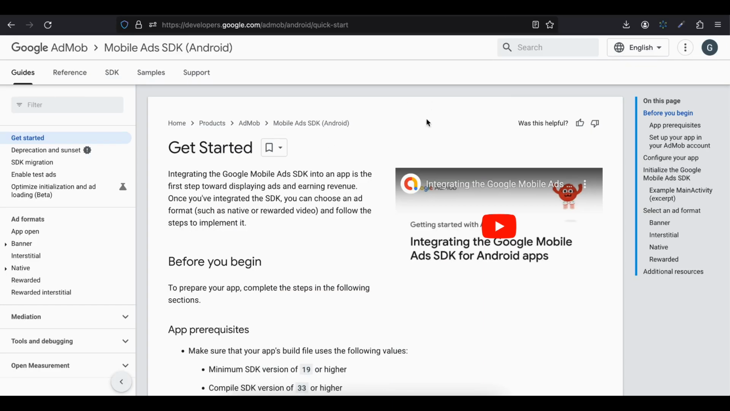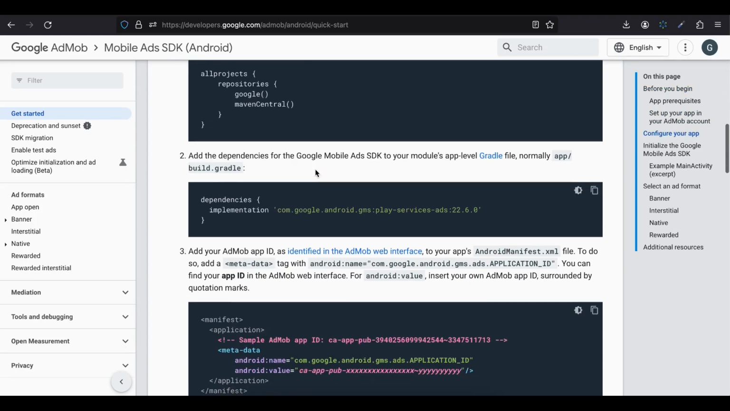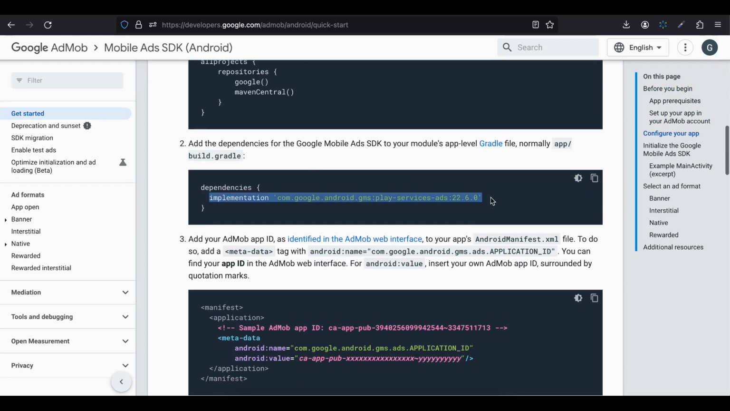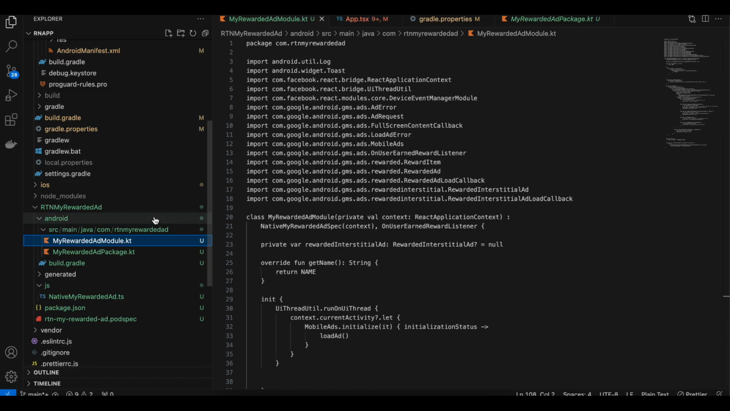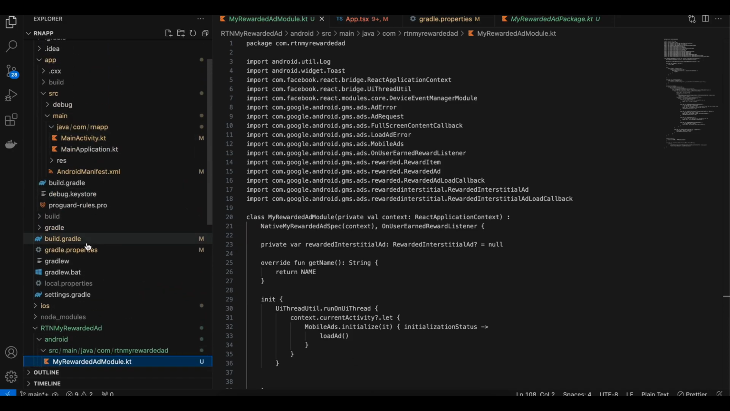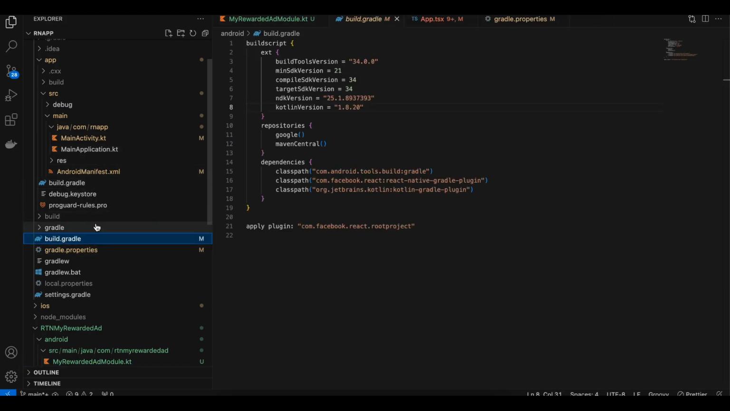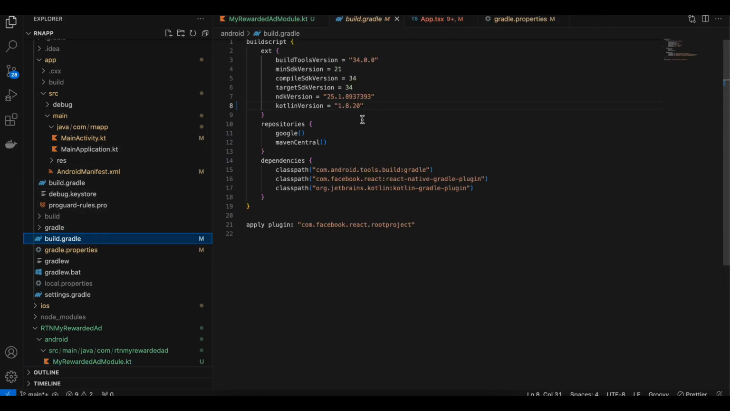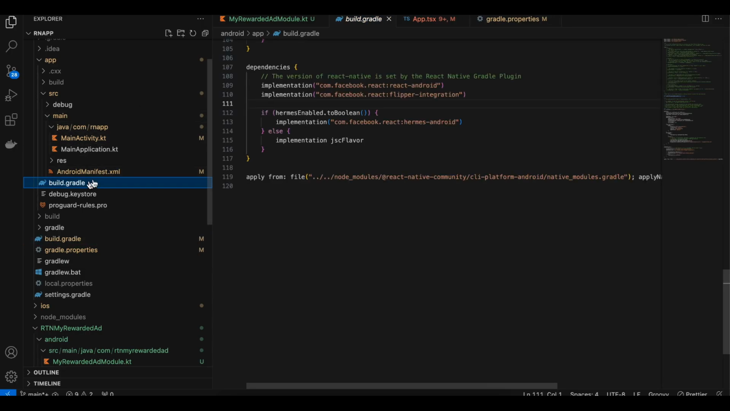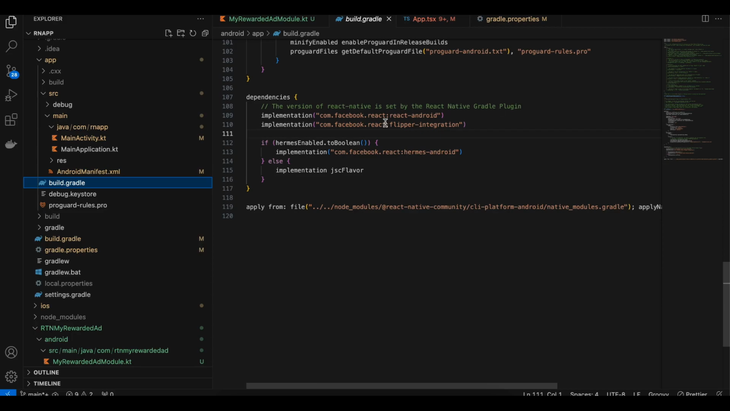If you go to the AdMob Android documentation, firstly we have added this dependency to our turbo module, but we also need to add this dependency to our main Android folder as well, because we want to initialize the mobile ads SDK as soon as our app starts. So if you see over here inside build.gradle, firstly in this build.gradle make sure you are using Kotlin version 1.8.20 at least. And in this build.gradle